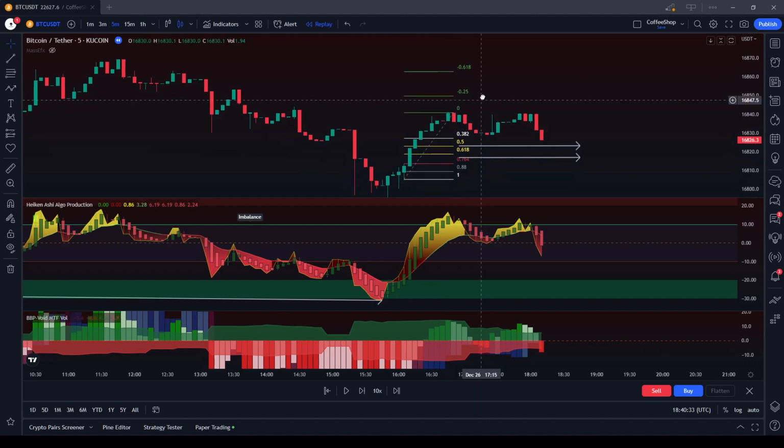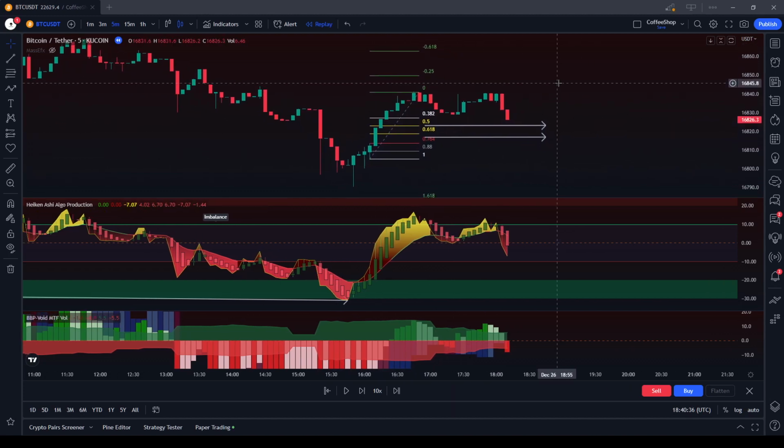Now, if this is a true trend reversal, okay, like I was saying, the market was coming down and then it started moving up, and I was expecting it to keep moving up, right? If this is a true trend reversal,